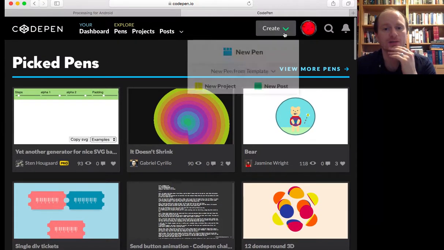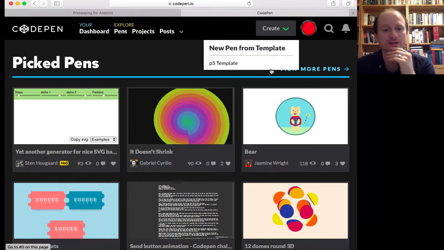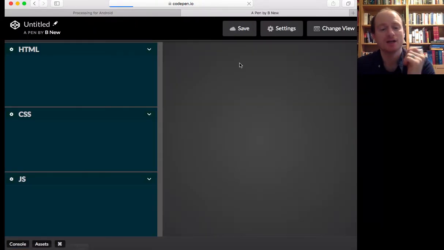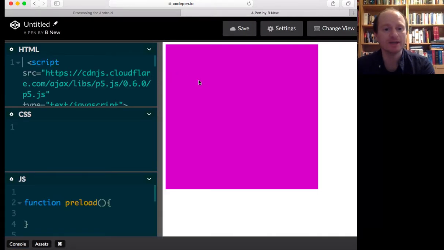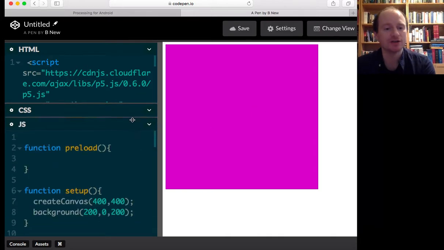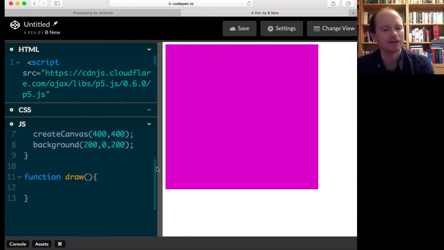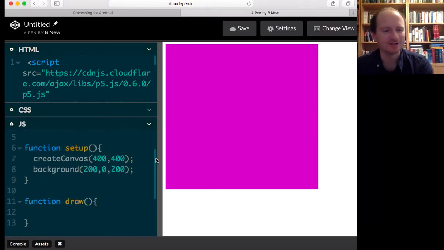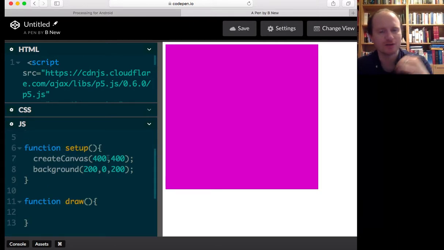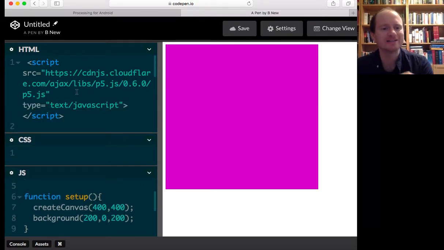So I've got myself set up with a template, my P5 template, and what this is, is an empty JavaScript program. All I've got is a setup function and a draw loop. That draw function just loops around and around, and the program will start here at setup. All I've done so far is create a canvas 400 pixels by 400 and then give it a lovely background color. In the HTML, what I've got connected is the library that I'm using, and there we are, this